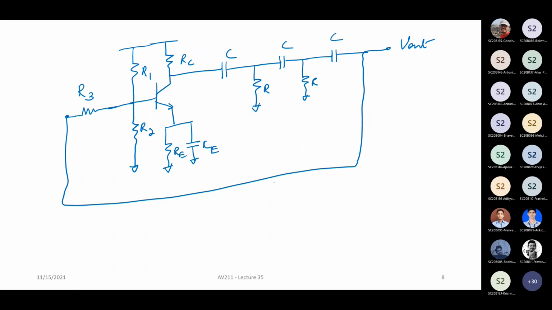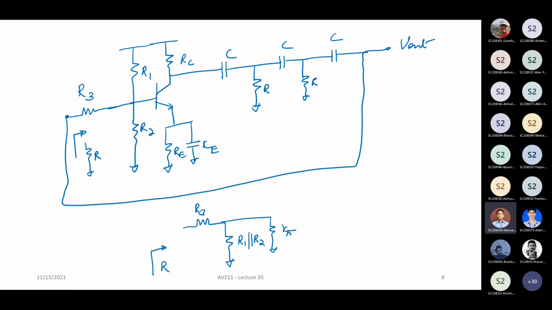Sir, I did not get how we design for R3. So please tell again. Okay. So if you see from here, basically you should have R going to ground. See, you have R3 here. If you do the small signal equivalent circuit, what will you get? You will get R1 parallel to R2. And in parallel to this, you will have R pi, because RE is now, of course, at DC, RE will come into the picture, but at the frequency at which we are interested in, it will be basically only R pi going to ground. Now you want to design all this such that this is equal to R. That's it.